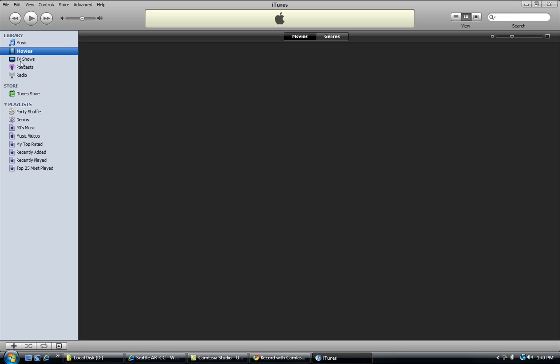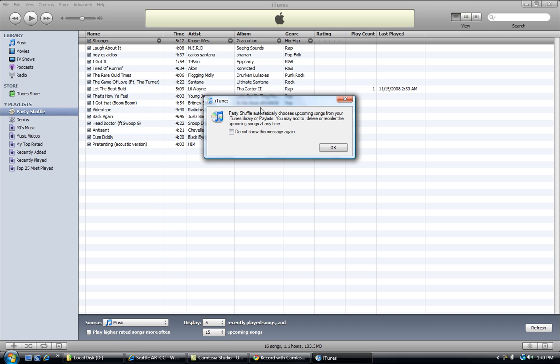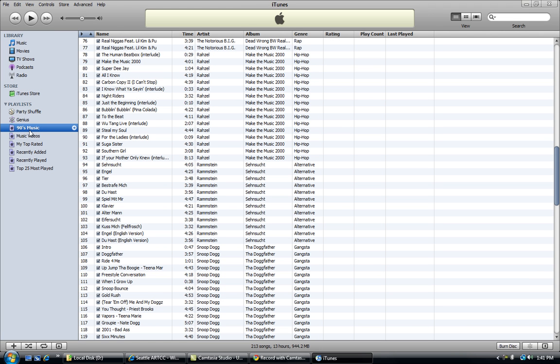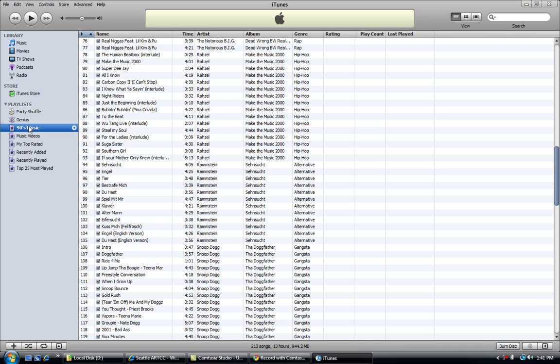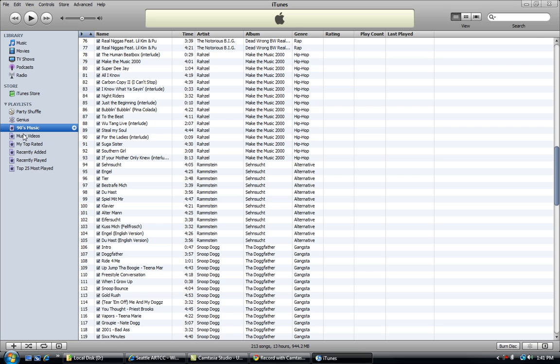So, iTunes makes excellent use of ID3 tagging. ID3 tags are simply tags that follow MP3s. They're attached to an MP3, and it has information associated with it, such as artist, genre, title, year it was released, so on and so forth, bitrate, a bunch of that stuff. And because of iTunes' ability to use those ID3 tags, it has pretty good sorting abilities and the ability to make playlists based on those ID3 tags, which is very